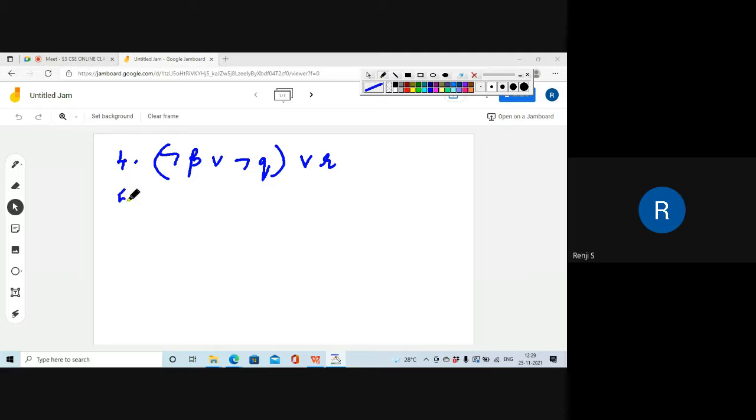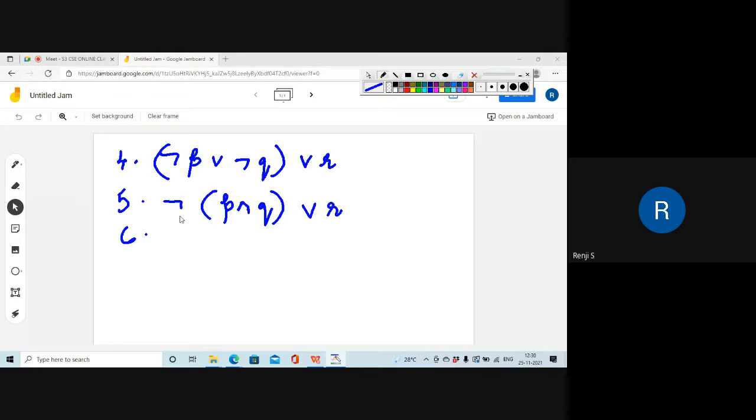Now the fifth step. Now this not P or not Q can be written using De Morgan's law as not of (P and Q). Isn't it? This is De Morgan's law. That is, not of (P and Q) means not P or not Q. So I am applying De Morgan's law to step 4 to get this form, and the remaining part is written down. Okay. So this is of the form not P or Q, which is the same as P implies Q.